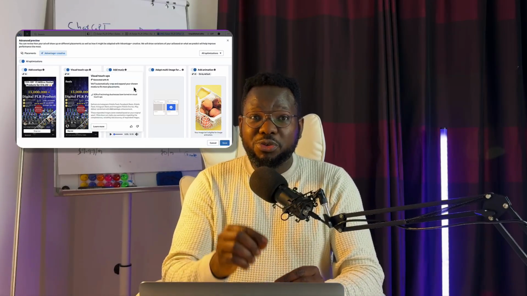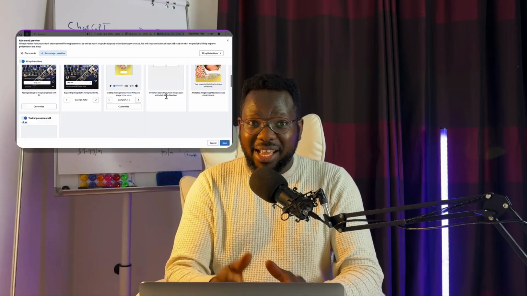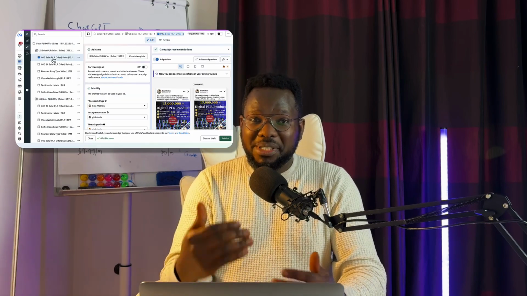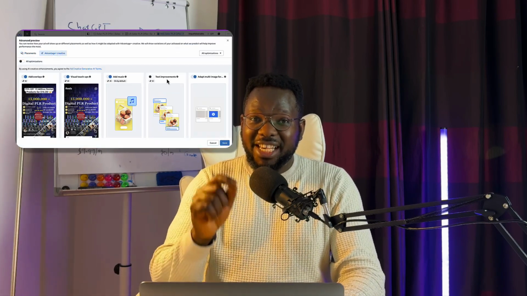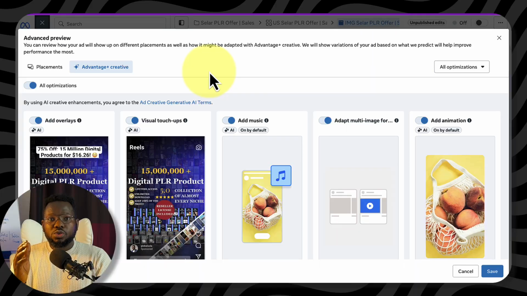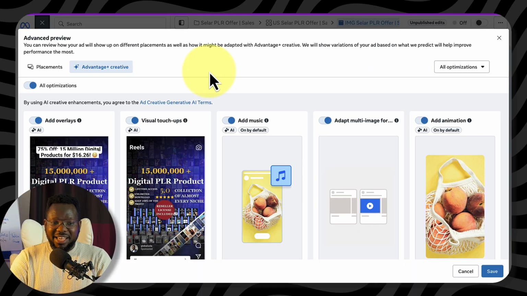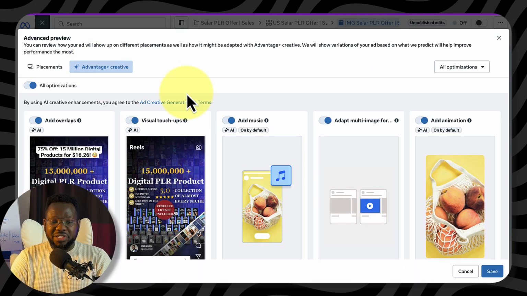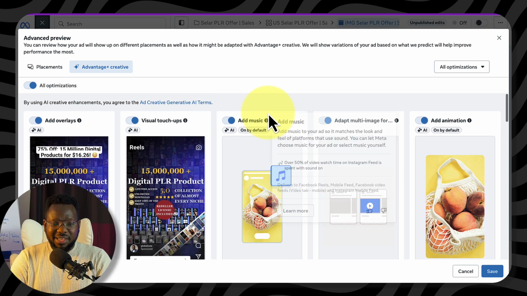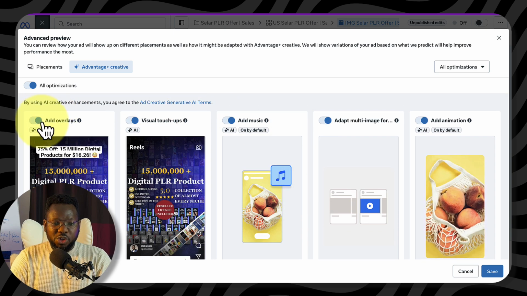In this video, I'm going to show you some settings you need to set in your Meta ad if you want to optimize your campaigns in 2026. So these settings, the way to get it is to go to Advantage Creative. Okay, so the settings are, for example, if you see this one, you will see that here it says add